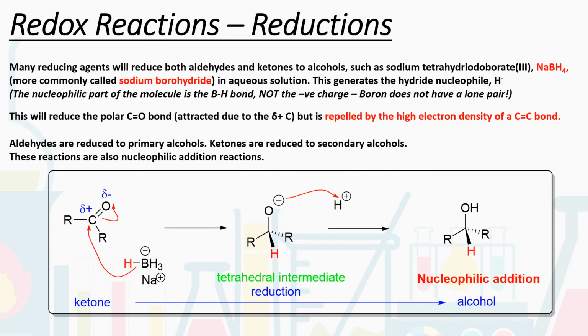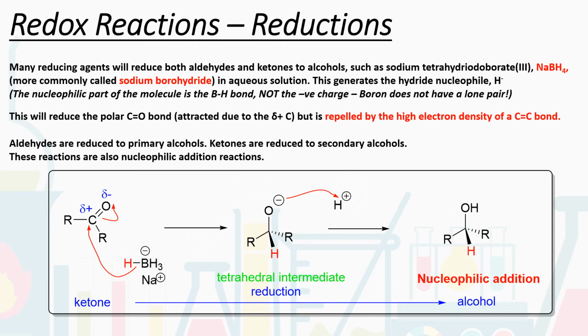And the reason for this is because if you work out our electron configuration, boron has 3 electrons. It can form 3 covalent bonds to hydrogen to make BH3. This is an electron deficient molecule. It only has 6 valence electrons. And so to create the borohydride anion, BH4-, we have to have a coordinate bond forming from a hydride anion, H-, to the boron. The boron doesn't have any electrons left. It can't form any more normal